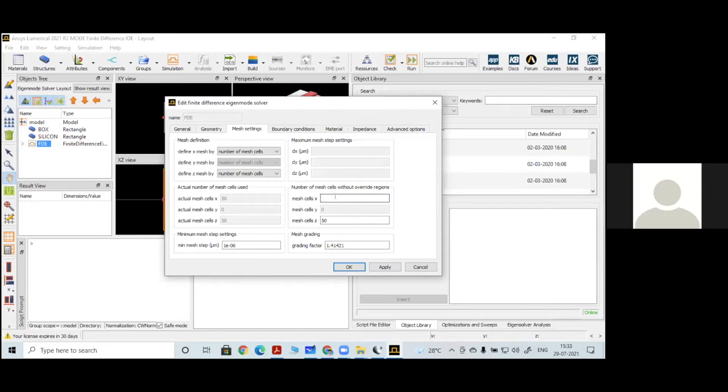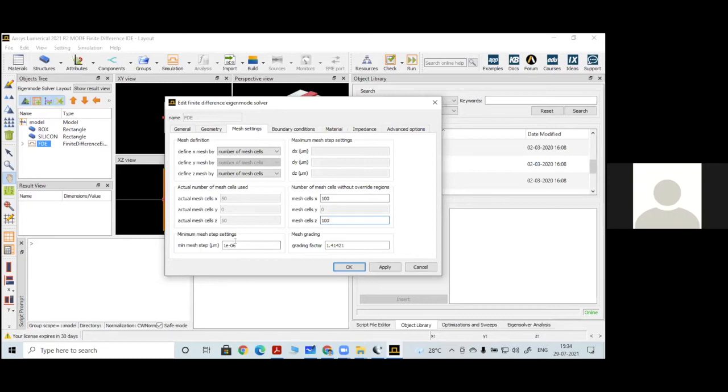I can give up to 100 × 100. That means it will discretize the entire structure along the Z and X coordinates into 100 × 100 dimension, and we will get small regions. It will use the finite element method for evaluating the entire Maxwell equation solutions.